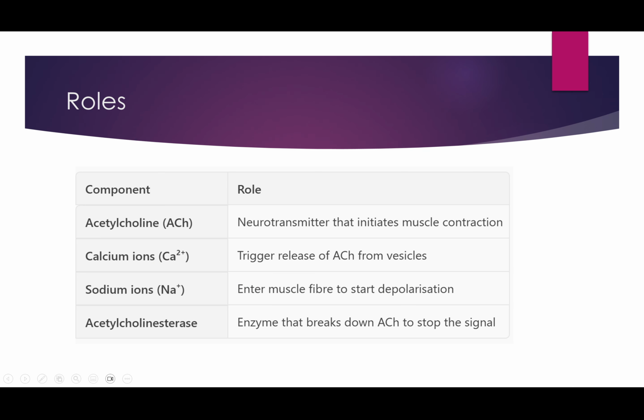So the roles of the components: acetylcholine is a neurotransmitter that initiates muscle contraction. Calcium ions trigger release of acetylcholine from the vesicles. They make the vesicles move towards and fuse with the presynaptic membrane. The sodium ions enter muscle fibers to start depolarization. Acetylcholine esterase is an enzyme that breaks down acetylcholine to stop the signal so we don't continuously have our muscles